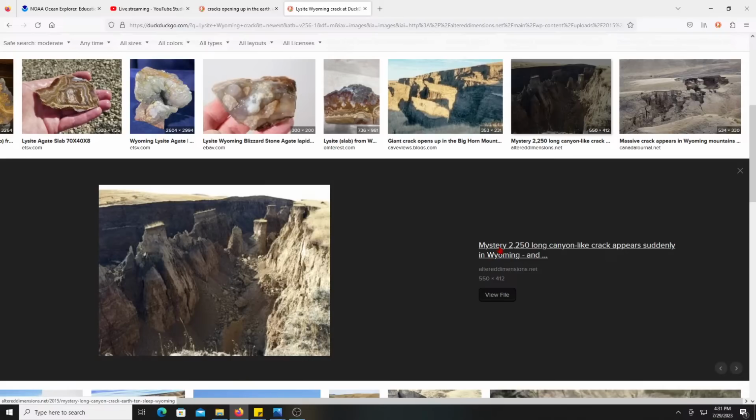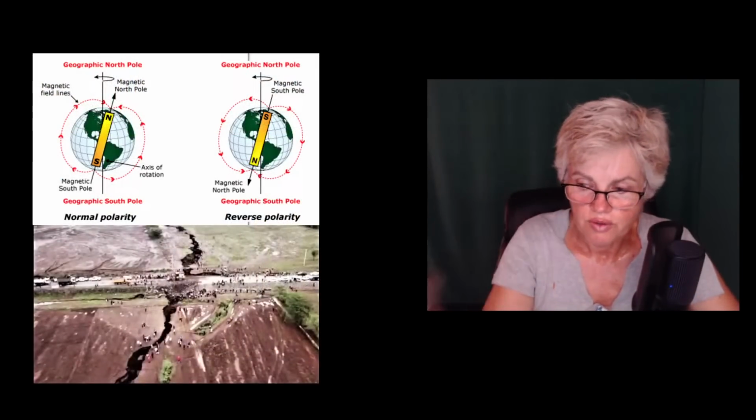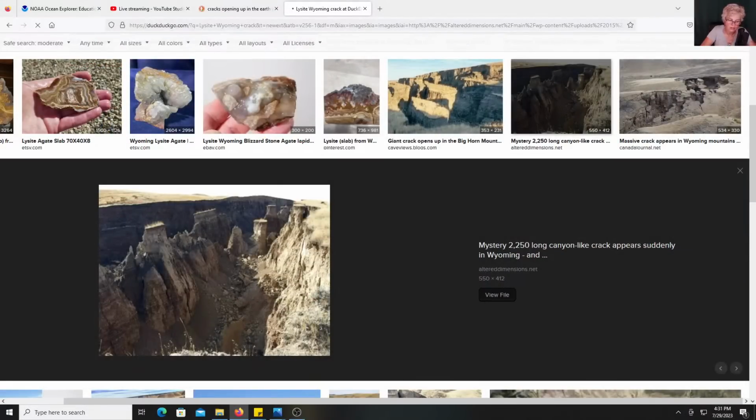It's a 2,250 mile long crack now. Is it because we're facing a polarity, a solar flip, polar something flip, you all? It's trying to load it. It's just going and going and going.